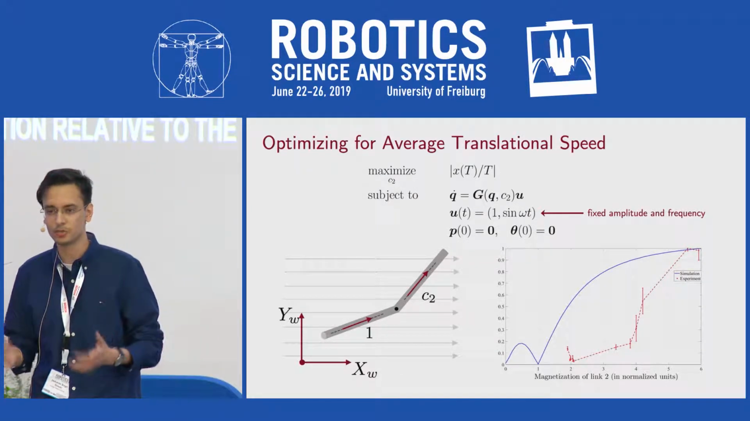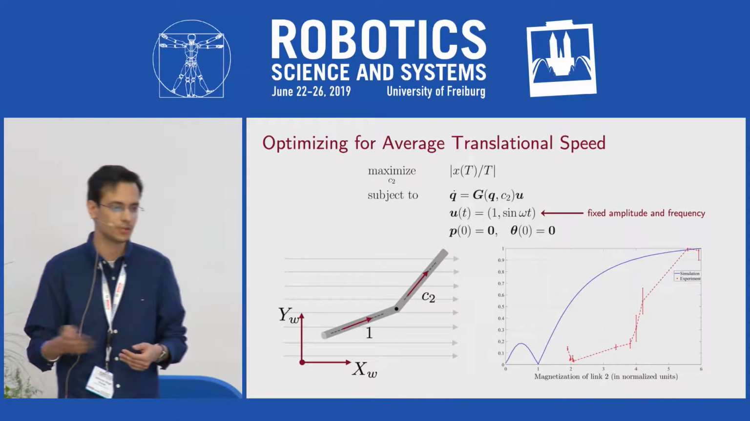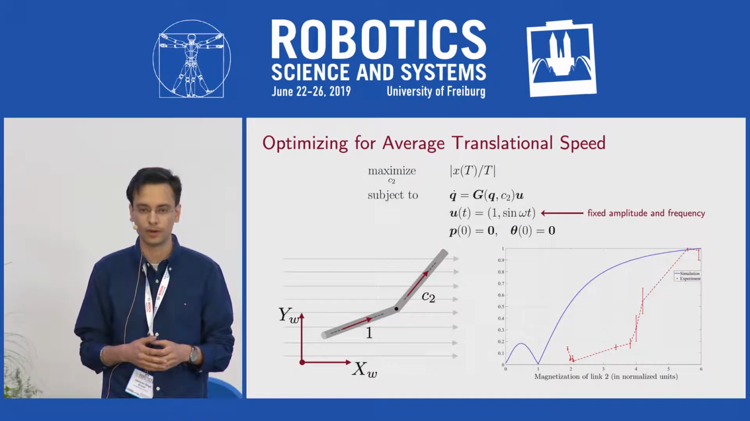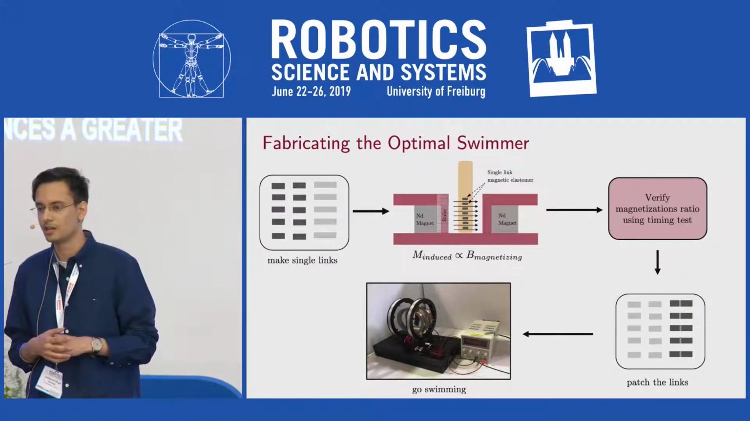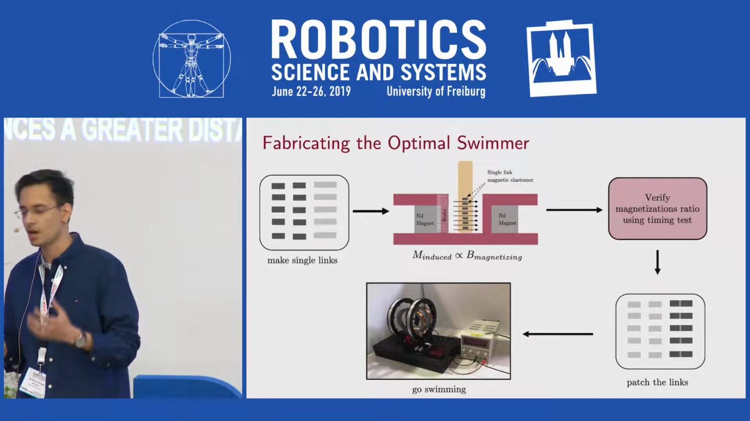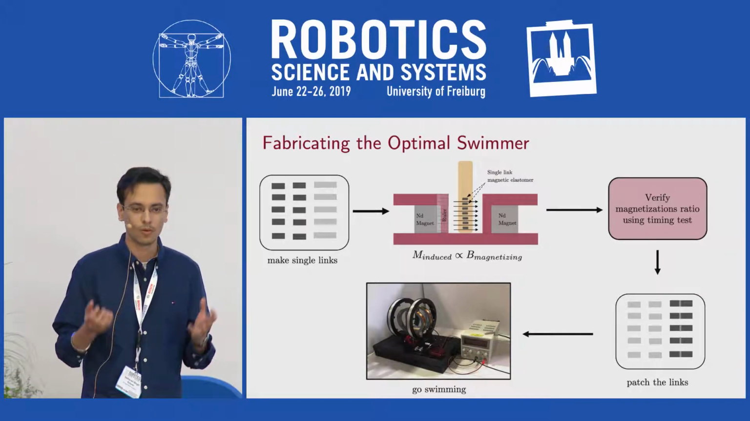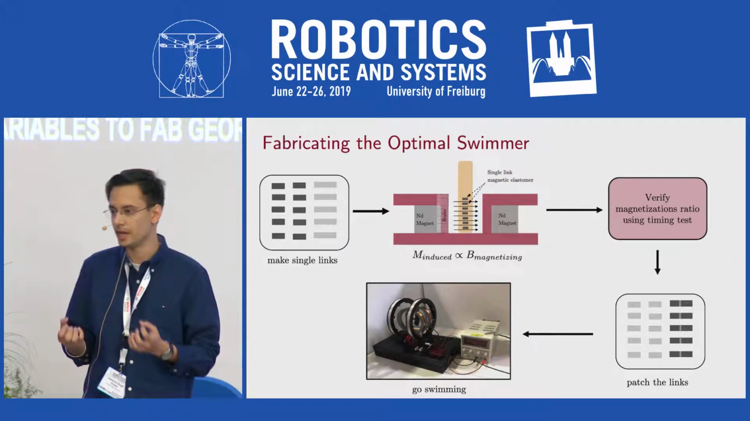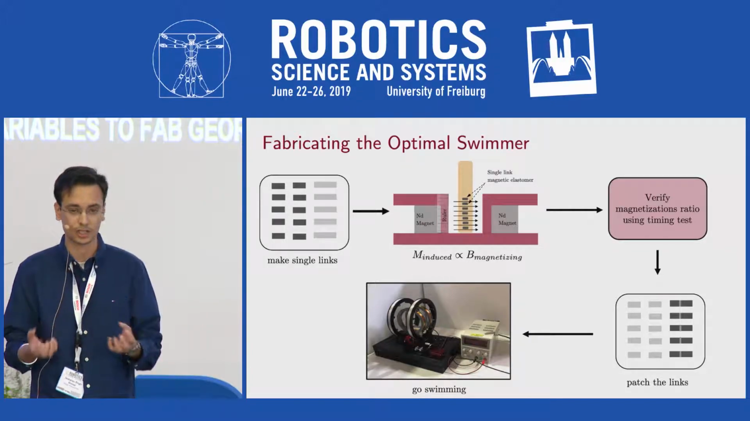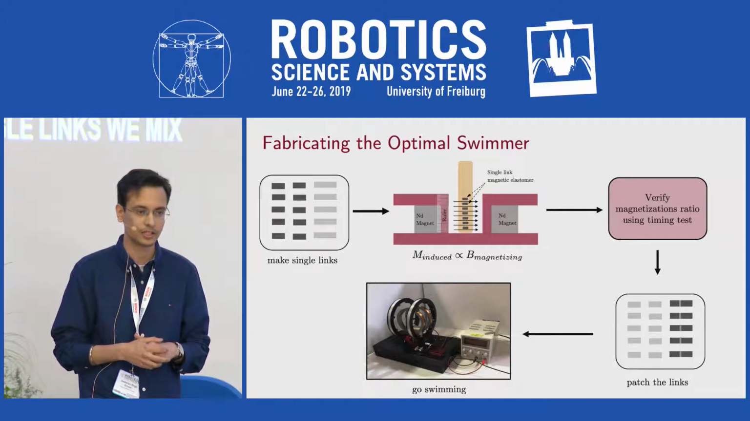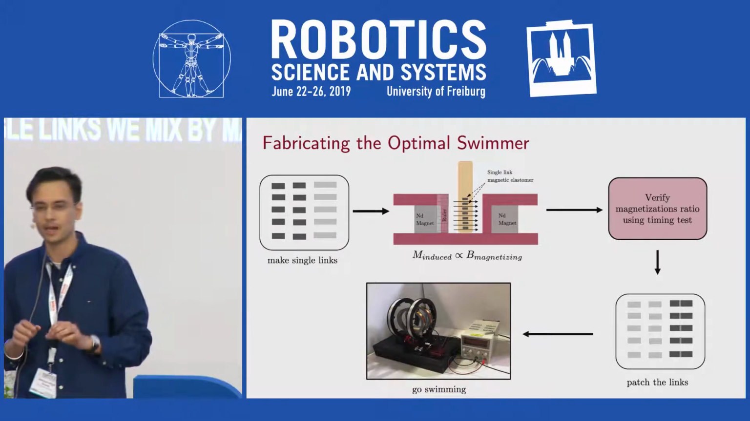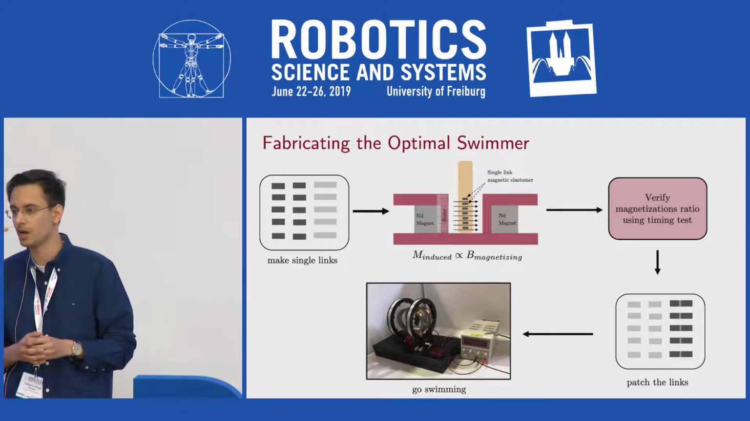And that's simply because with greater magnetization, the link oscillates with a greater amplitude, displaces more fluid, and advances a greater distance forward. Now we use these design variables to fabricate an efficient and optimal swimmer. So what do we do? We take single links, which we custom make by mixing magnetic powder and elastomer. We magnetize a bunch of these links using a pair of neodymium magnets. And then to make sure that the ratio of magnetization is consistent with the one that we got from optimization,